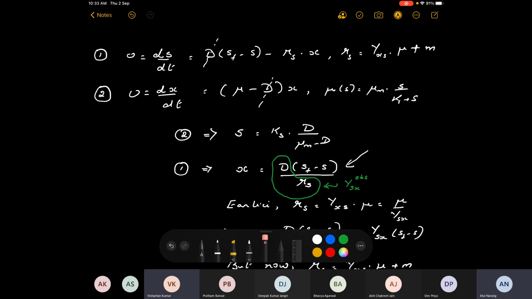So when S approaches 0, mu would approach 0, but M would not approach 0. But the substrate isn't there, so how would they maintain themselves? Right. So basically what happens is that if you put it into a computer,